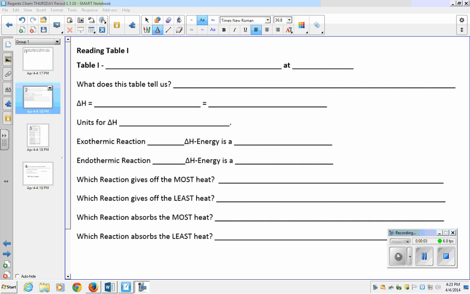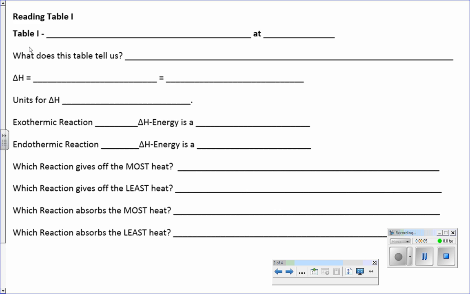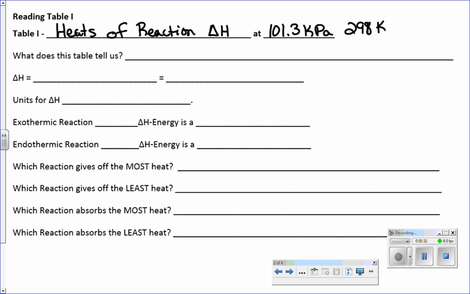Please open to page 7 in your packet and also have Table I ready to go. Table I is going to tell us heats of reaction, or delta H. It's at standard pressure, which is 101.3 kPa, and pretty close to standard temperature, or 298 Kelvin. This table tells us how much